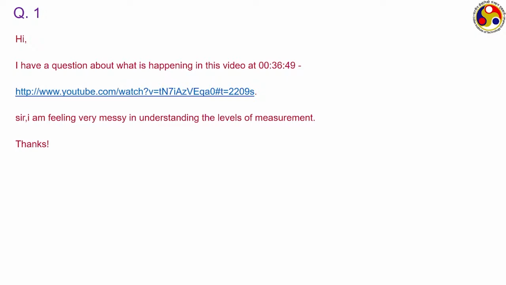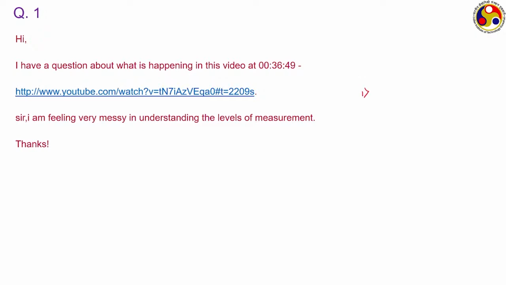This was one of the comments which was pending for quite some time. I thought about responding to it, but giving the answer in writing is a bit difficult, so I thought about explaining it in the live session. The question is related to the levels of measurement. In the very first module we discussed that there are 4 different levels of measurement, so I'm just going to iterate on the same thing here.